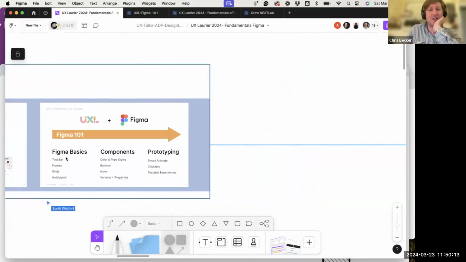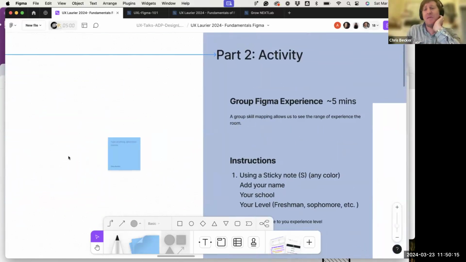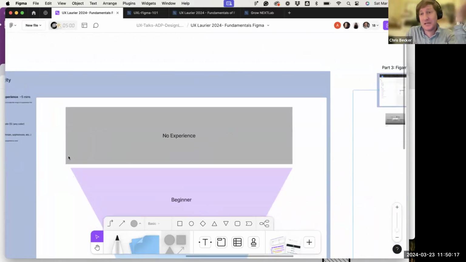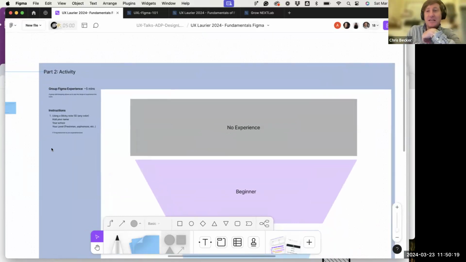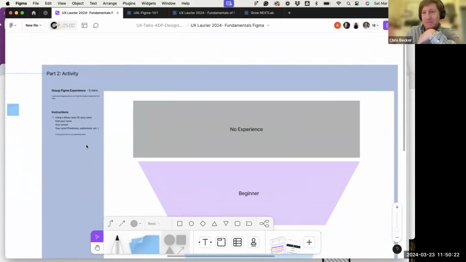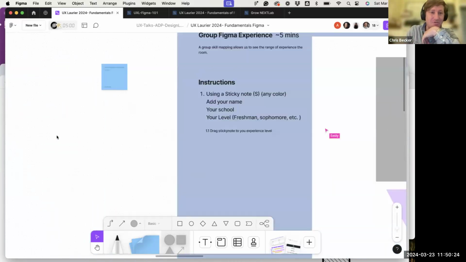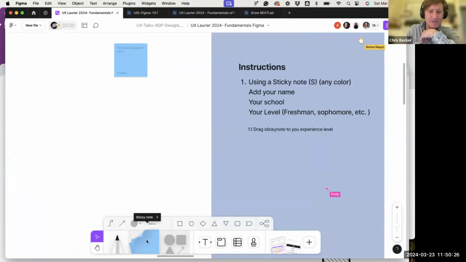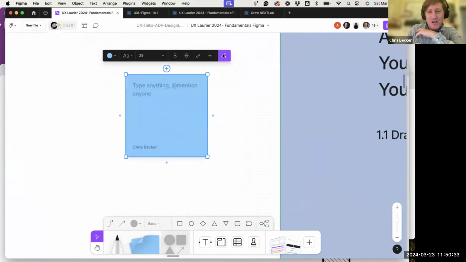But what I want us to do right now is come over here. I'm not sure where your guys' experience is, so I'm just going to get a little litmus test to some extent. What I want everyone to do is grab out a sticky note down here. You can whack S or whatever. You can make the sticky note any size you want. When you drag out a sticky note, it probably doesn't have your name on it, but make sure to click this show and hide author, and then add the school you're at. So I'm from Art Center